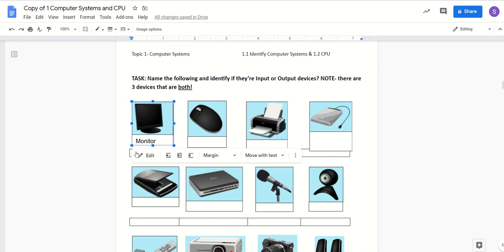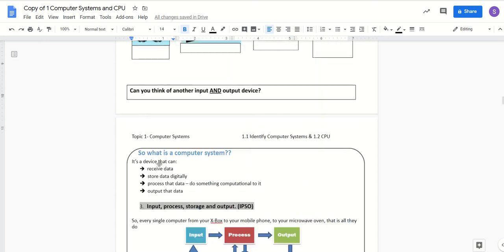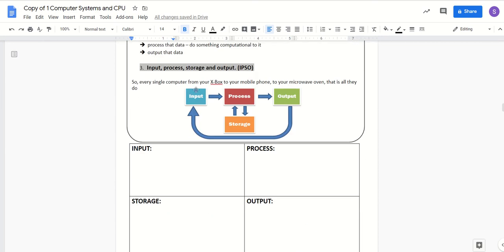That'll appear in here then. And then below it in the little table, I could say whether that's an input or output device. So you should recognize that that is an output because I can actually see what happened to the computer system on the screen. Then I can carry on working through, obviously,